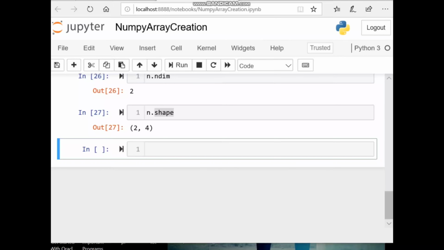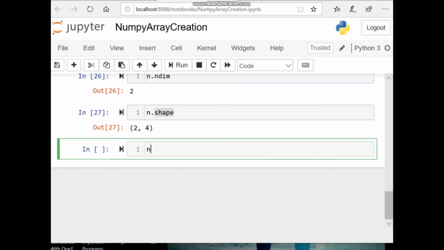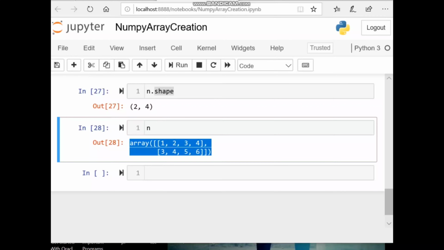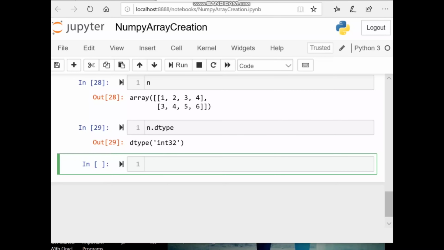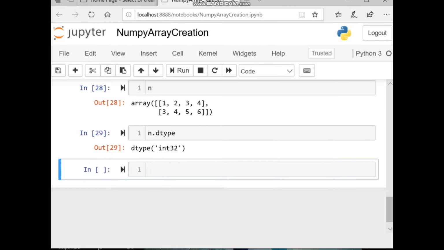Here we can check the type of the array. So now we print n and hit shift enter. Okay. So now we will check the type of this 2D array. So we have a function called dtype. So n.dtype and hit shift enter. See this, we have all elements of int type, integer. Okay. We can also create a 3D array here. Okay. So you guys can create a 3D array also and perform all the functions. Okay.